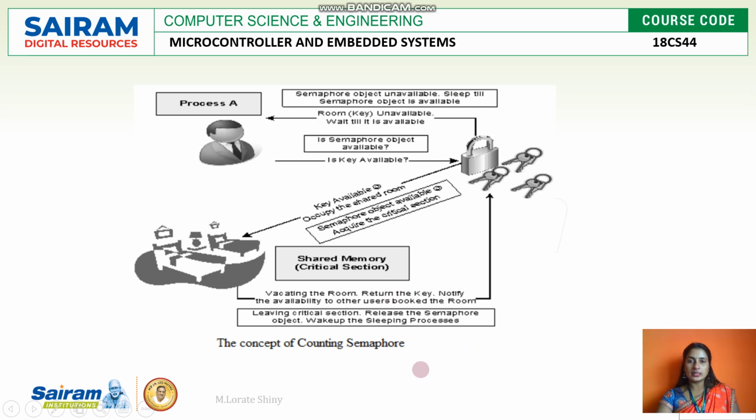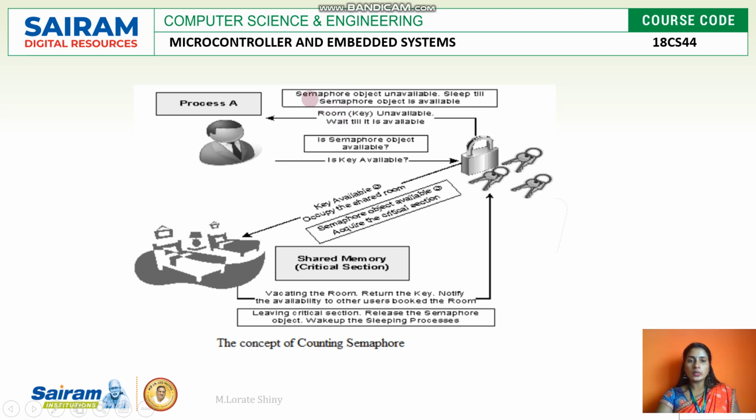We can compare the concept of counting semaphore with the hotel rooms. So hotel rooms means the user can ask for the entire room. So the entire room will be given to him if he is ready to follow the rules and regulations of the hotel, so he can own that room as many days as he wants. He can pay and use all the resources, fan, televisions or toilet, everything. Only he can share, only he will share.